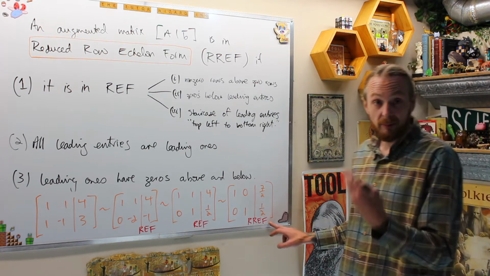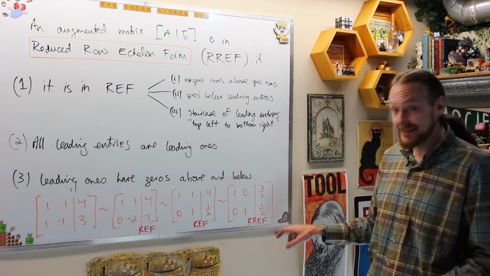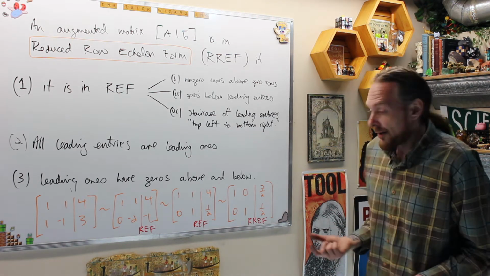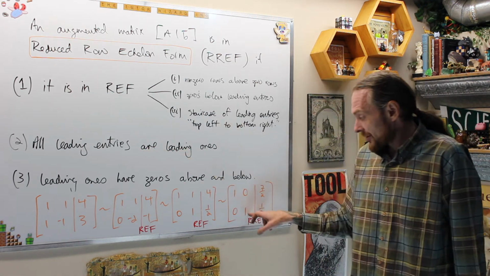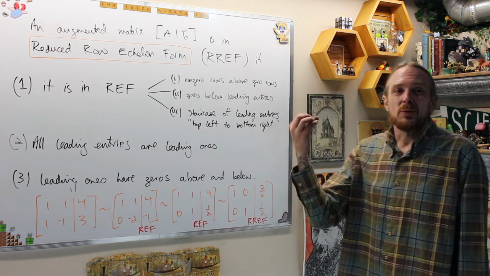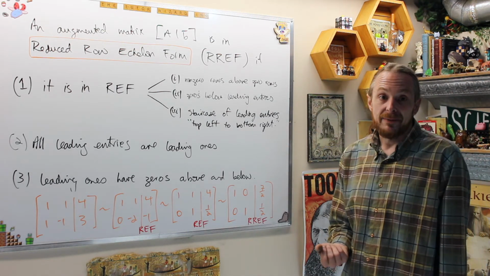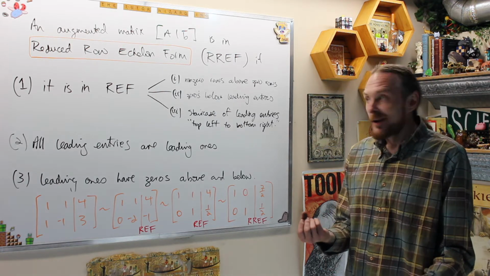This is extremely useful for proofs and theoretical considerations because we don't have to talk about, well, what if I got a different rref? There is only one. And so if we insist that all the leading entries are 1s and we get 0 below, there can be a unique reduced row echelon form for every augmented matrix of a system, which means that regardless of what the